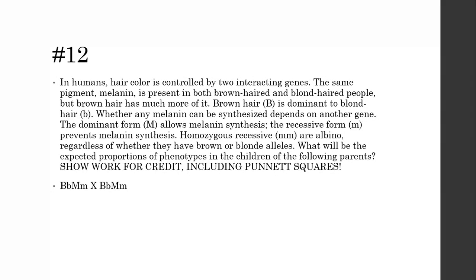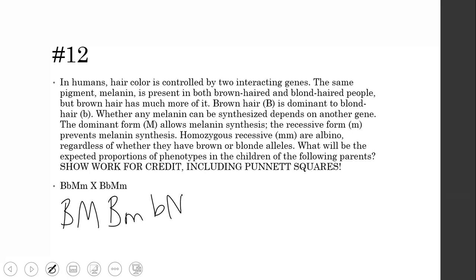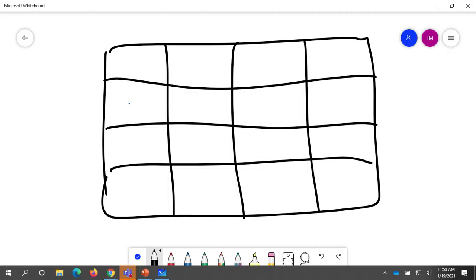So what you have to do is figure out what combinations you can have. So I can have big B, big M, big B, little m, little b, big M, little b, little m. And it happens that both parents are that way. So when I set up my chart,